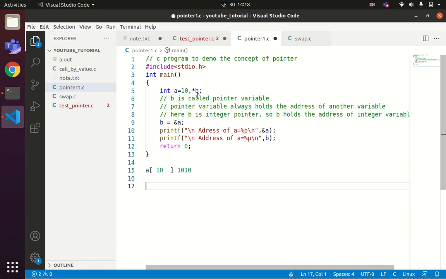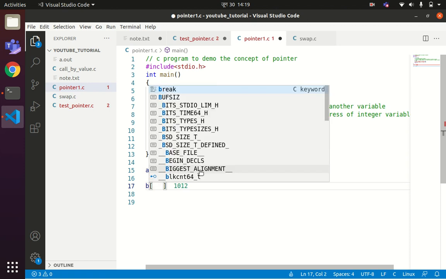Now we have another pointer variable. b is nothing but a pointer variable. So the pointer variable is of type integer. Since the pointer variable also stores some addresses, it also needs to reserve some space. Let us say the compiler reserves some memory space for the pointer variable. Once the memory space is reserved, again an address will be associated with that. Let us say the address of the pointer variable b is 1012. Now we have something like this.